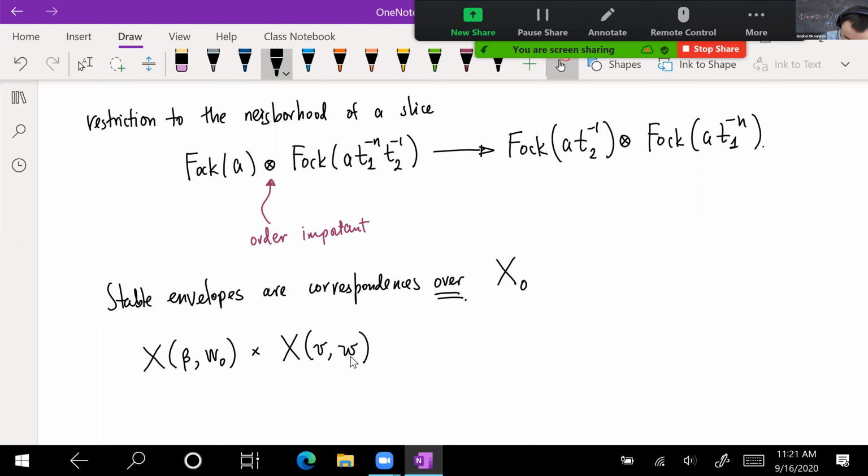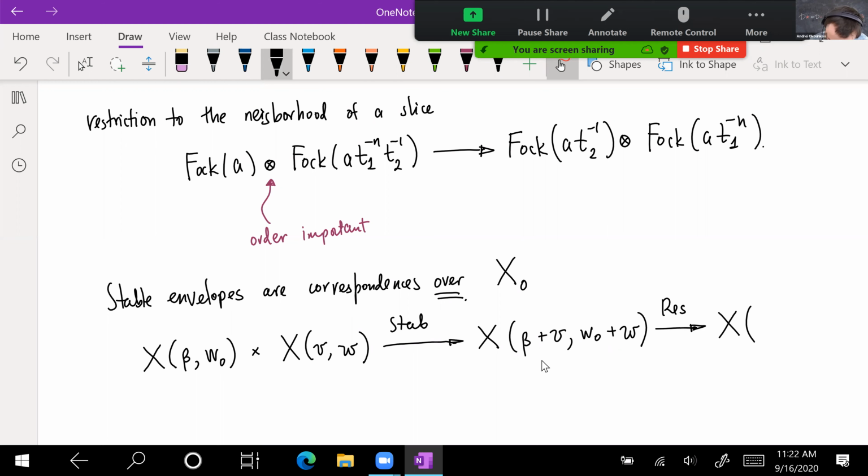And then we embedded this; it sits at the fixed locus inside the representation space where we add these whole dimensions. So if I have the stable envelope, this is a stable envelope with correspondence where you get beta plus v and then w plus w. And then for a K-theory class, we can further restrict to different components. So a different component would be where all of the